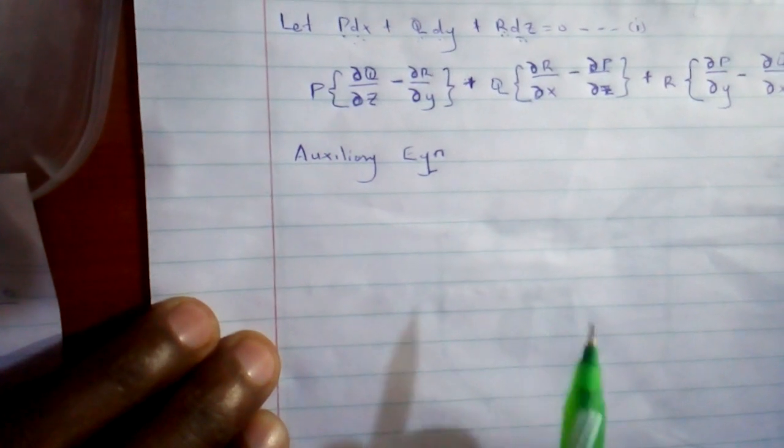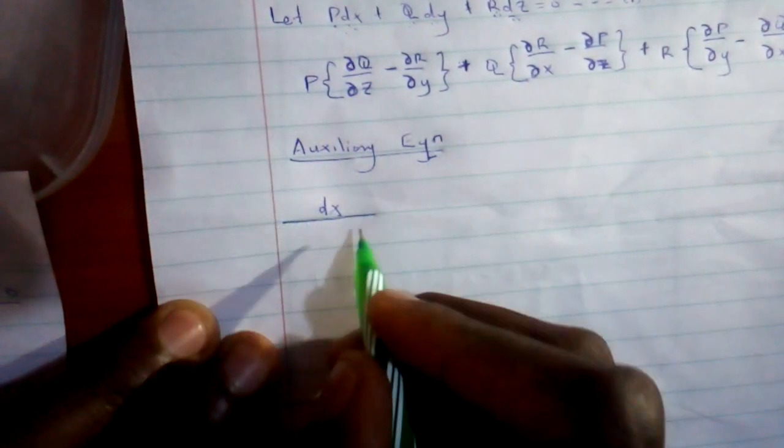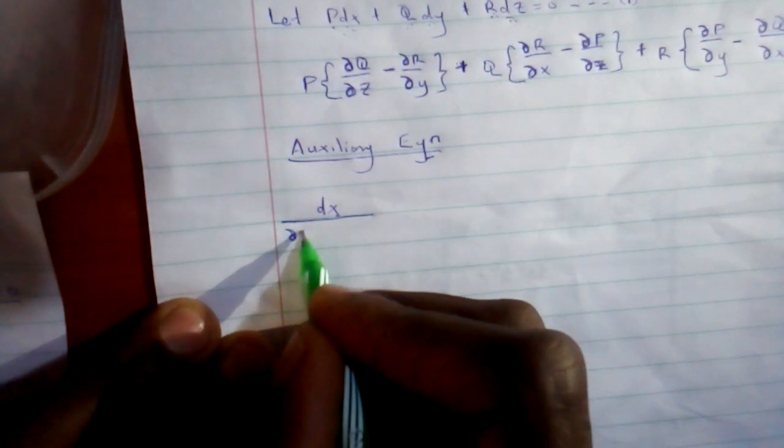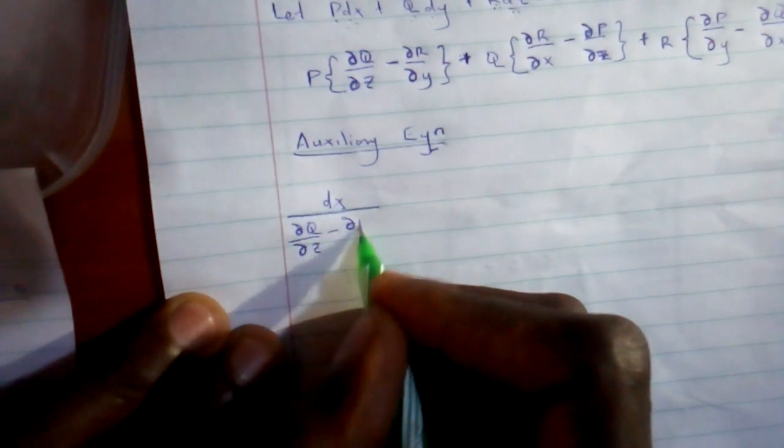Having obtained equation 1 and 2, we want to obtain our auxiliary equation. How are we going to obtain it? We are going to compare equation 1 and 2 and solve them simultaneously. Having done so, we obtain the auxiliary equation in the form dx over partial Q over partial Z minus partial R over partial Y, and this is equal to dy